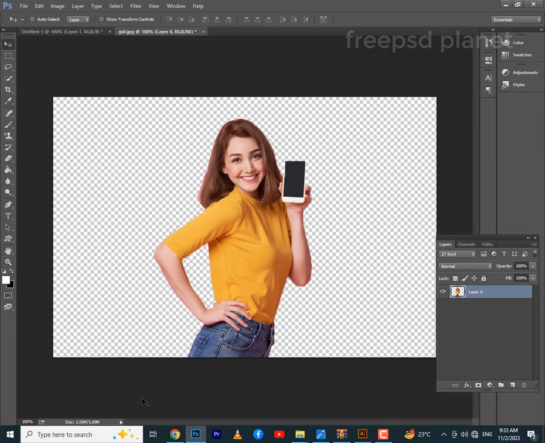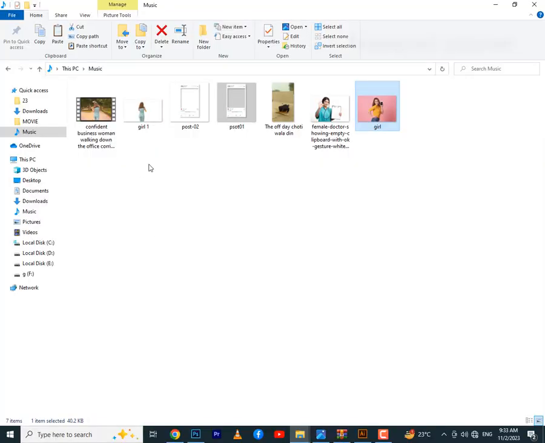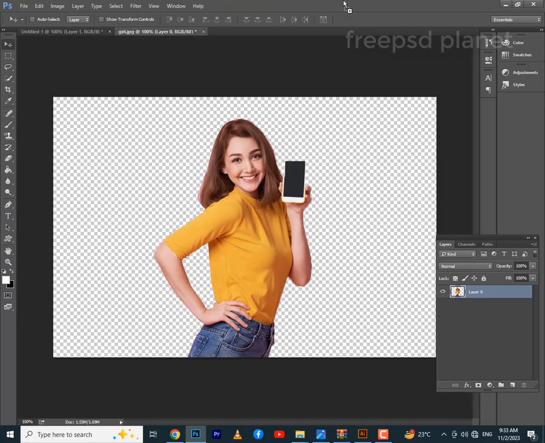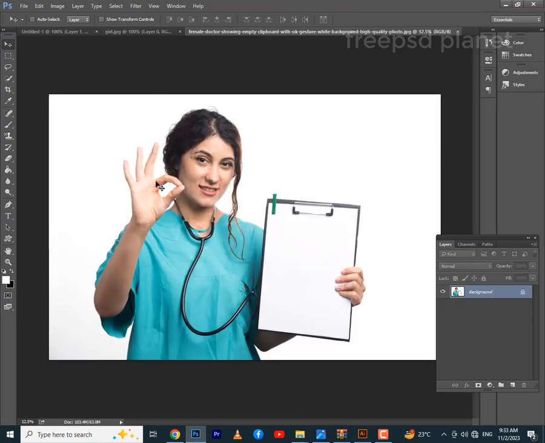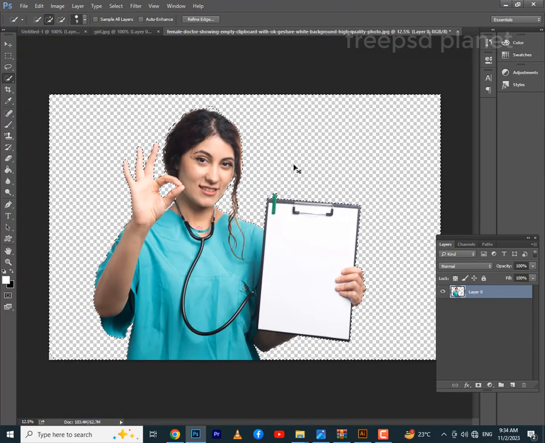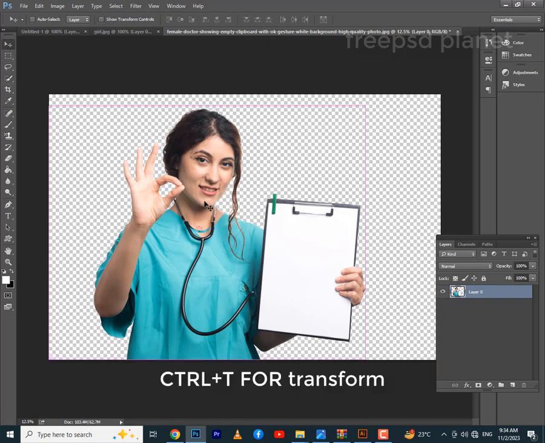Now drag other image in Photoshop and change the background of this image. Now decrease the size of this image. Press Ctrl T for transform and decrease the size of image